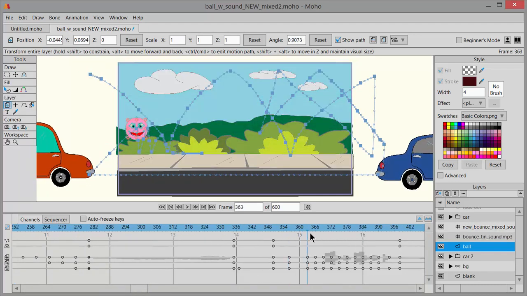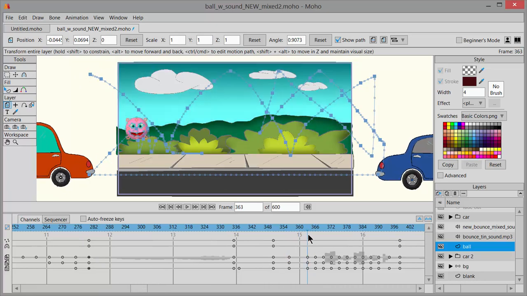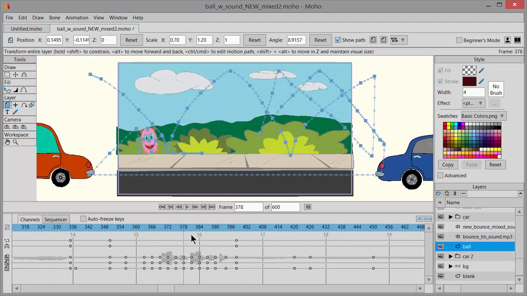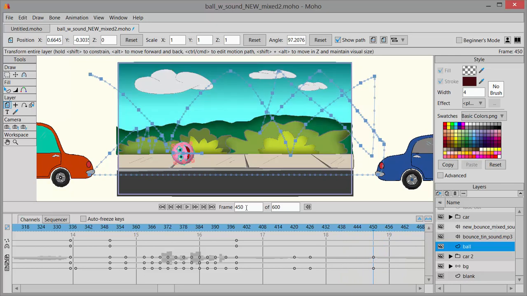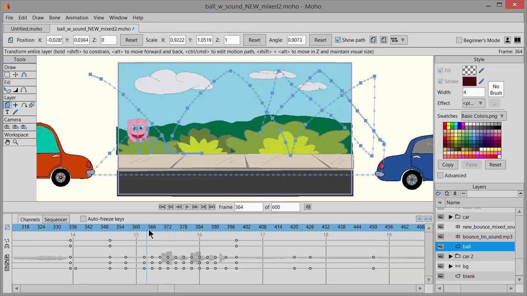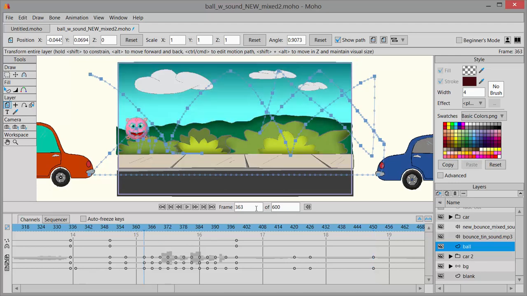All right, from 363, this is going to go on for a while for me, and I'll just stop at 450. 363 to 450. Going back to 363,